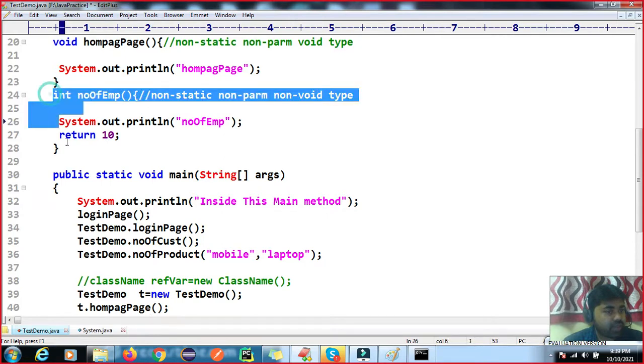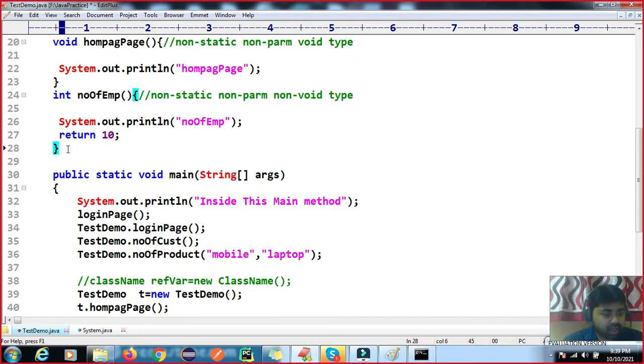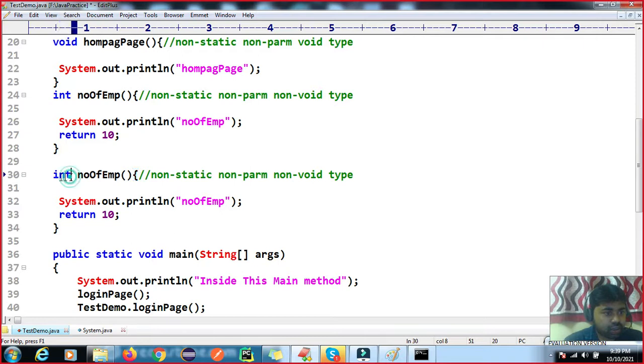We can create another method with a string return type, number of app. What can we take? Number of mobile, number of app.